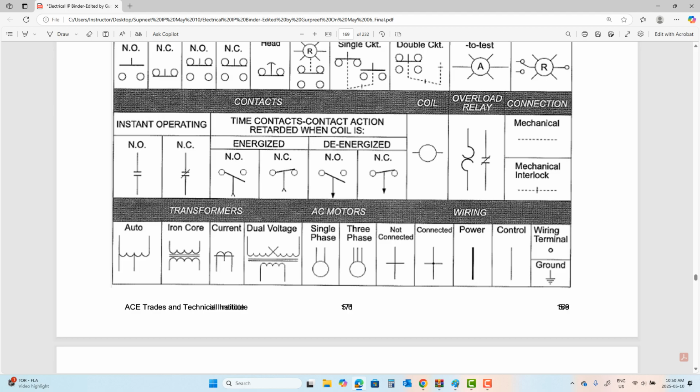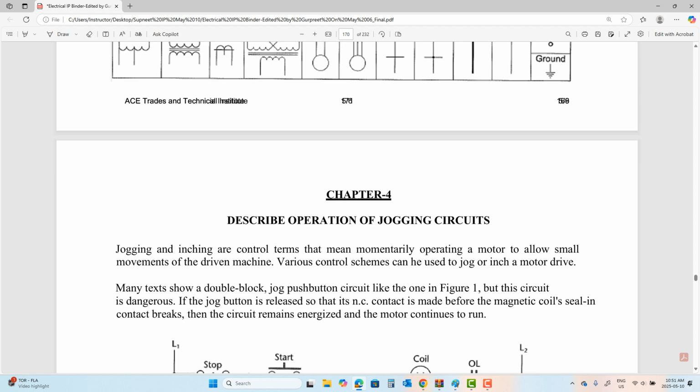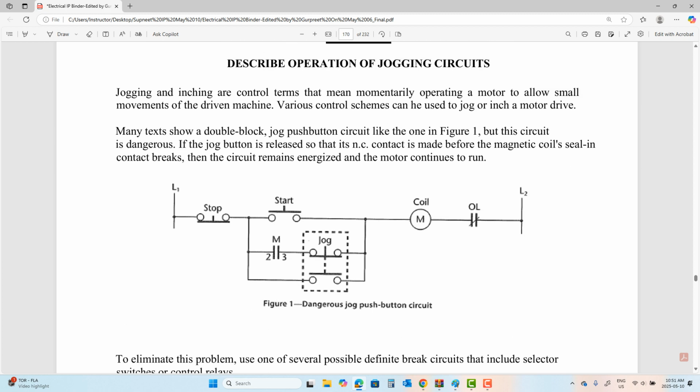We keep going. Next story we are learning is the jogging circuit. What is a jogging circuit? So think of your